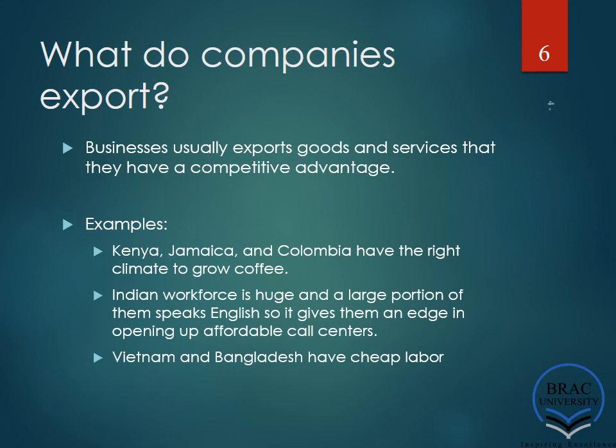Look at some of the examples. The USA was facing a trade deficit at that time. Kenya, Jamaica, and Colombia have the right climate to grow coffee. So naturally, their climate is a condition where the best coffee can be grown. So they have an edge over exporting coffee to other parts of the world. India's population is also